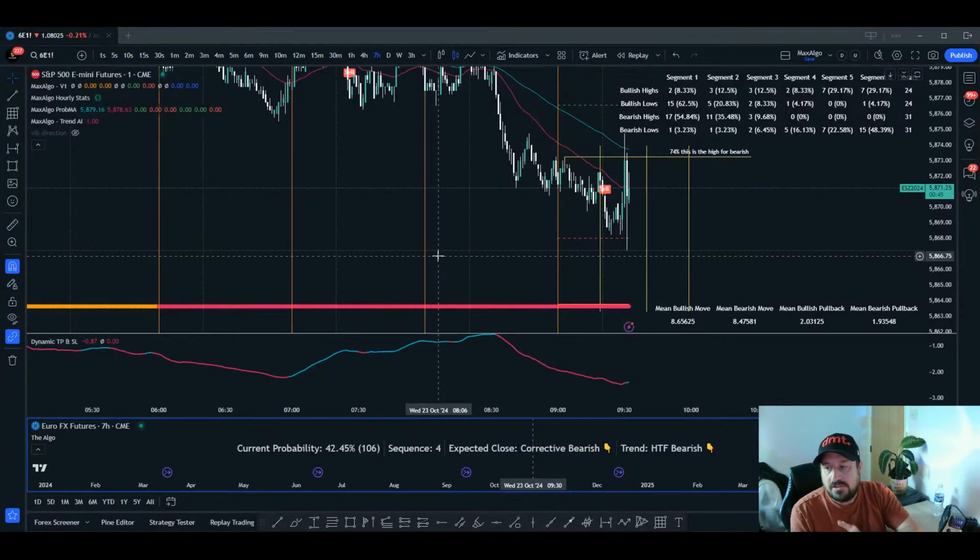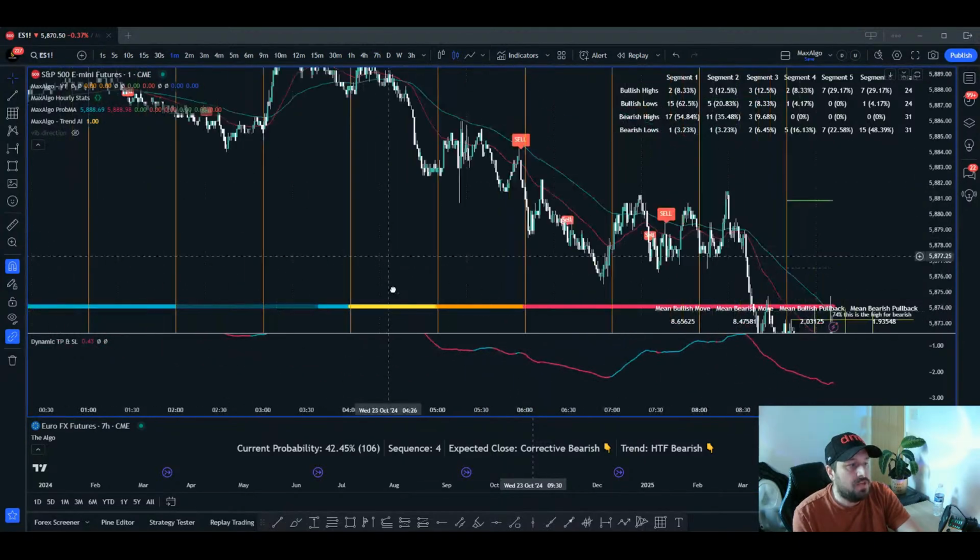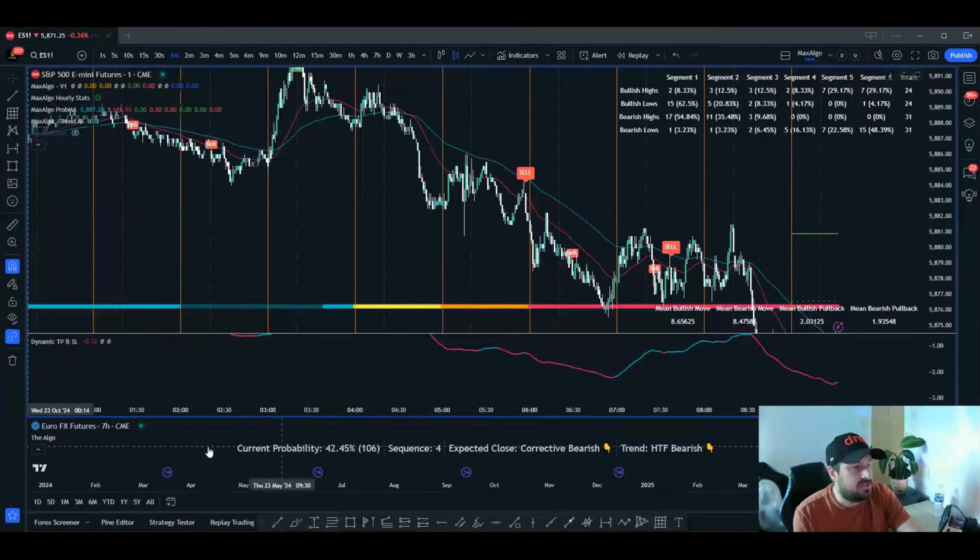There's going to be a course in there as well on how you can use it or setups. So, for example, we've got the payday setup. The payday setup is this, where you get a transition from bullish to bearish, where